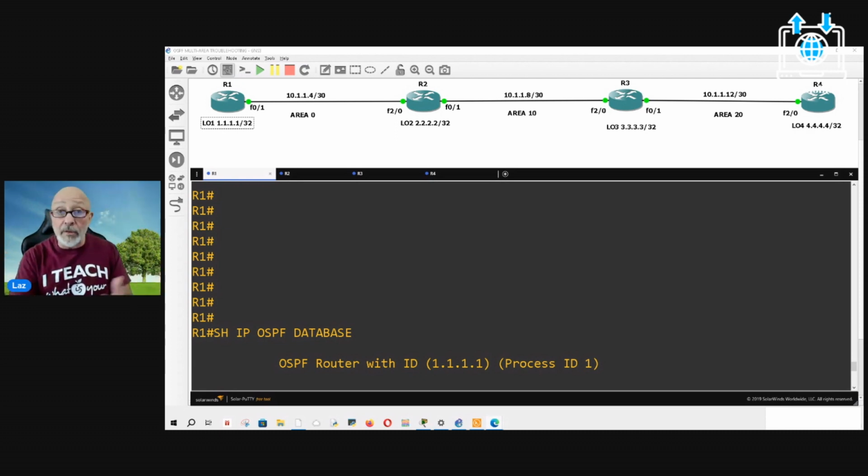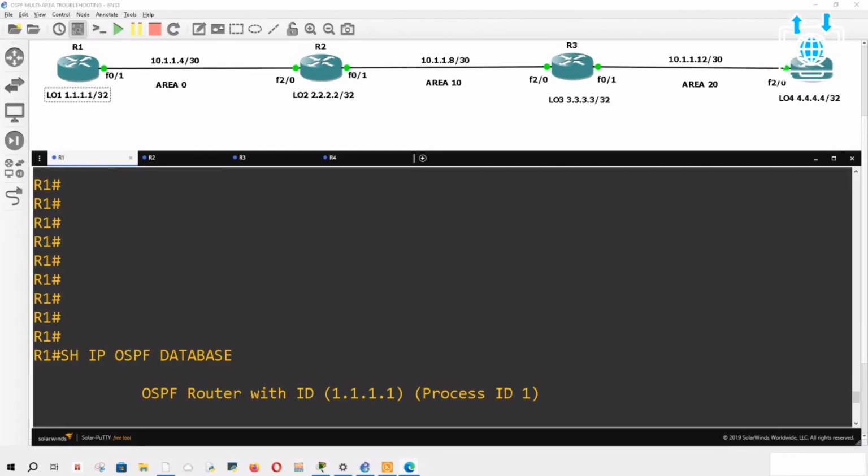It could be a real world issue. This is a branch office, and this is area 0, so it'd be a headquarters office. Hey, listen, we're not getting anything from the Area 20 branch office, the last office on the line. Can you please tell us what's going on? And things that you can look at quickly to figure out what's going on. That's the goal here. So let's go in there, full screen that.